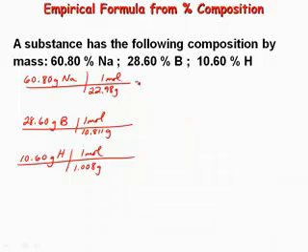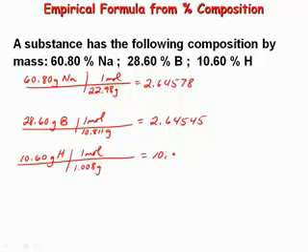All right, so then we're going to calculate our moles, and again, carrying it out 5 or 6 places, 2.64578, 2.64545, 10.559. Okay, so our smallest value is this one,